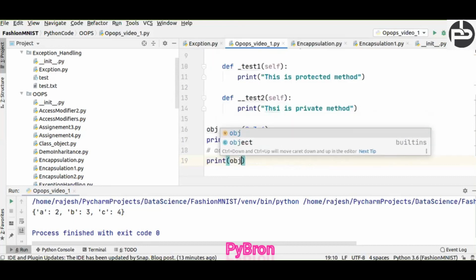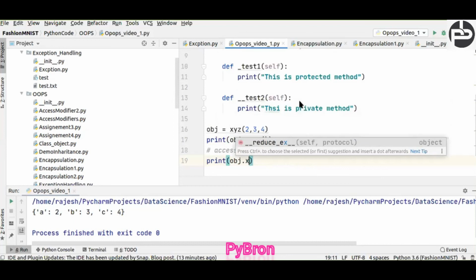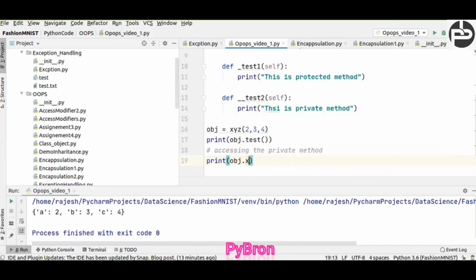Obj dot, underscore, class name xyz, underscore, and the method name. What is the method name? Test2, right? Test2.